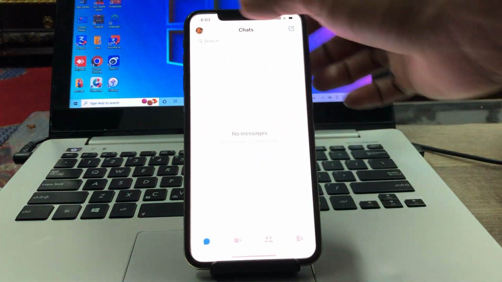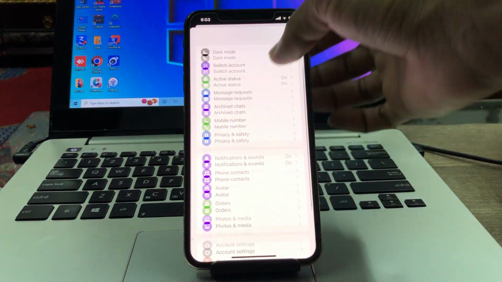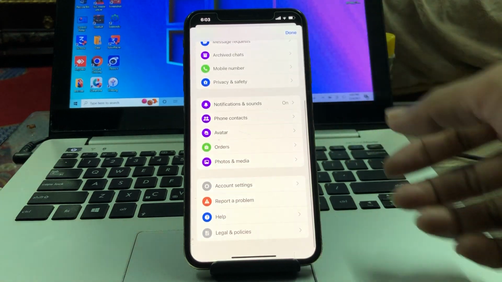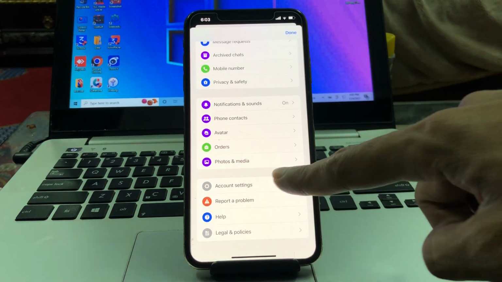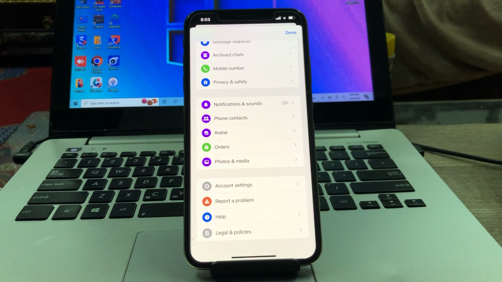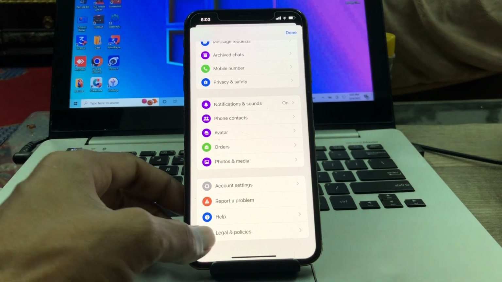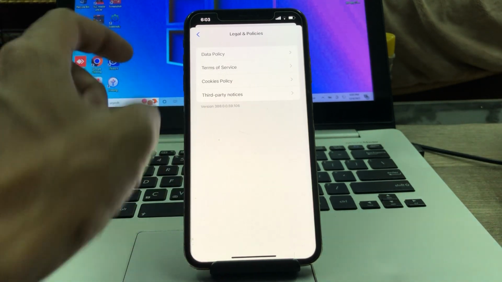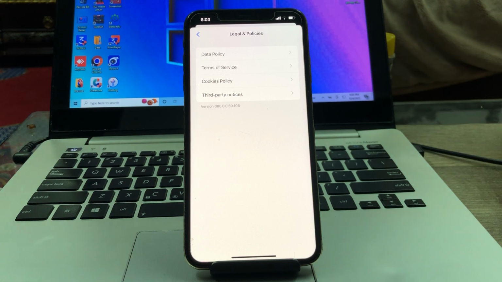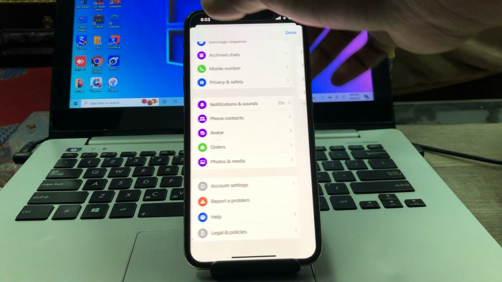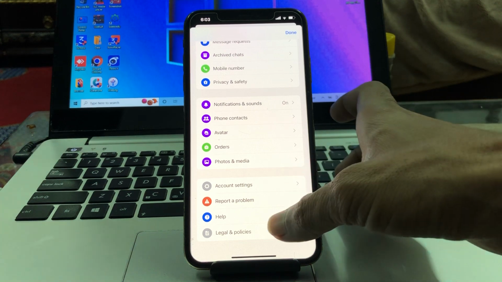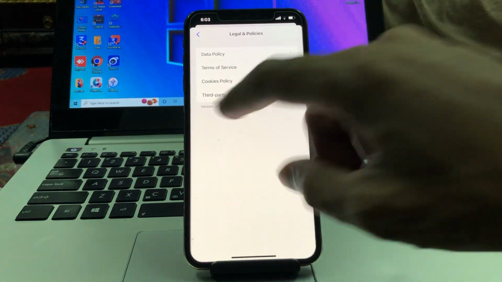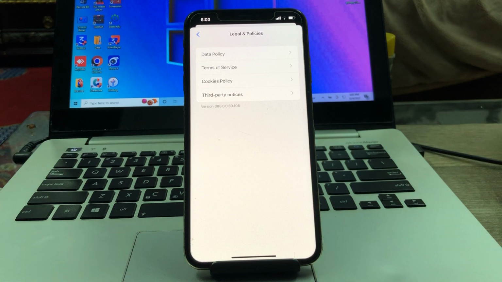Then go to the Messenger and click on your profile ID. So if you are not getting the deactivate option in the account settings, once you deactivate your Facebook account, click on legal and policy, and here you will get the deactivate Messenger option. So it's 100% works. Once you have deactivated your Facebook ID, then if you come in the Messenger settings, don't go to the account settings, click on legal and policies, and here you will get the deactivate option